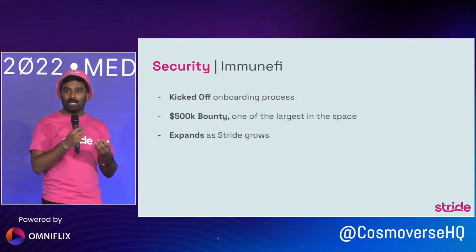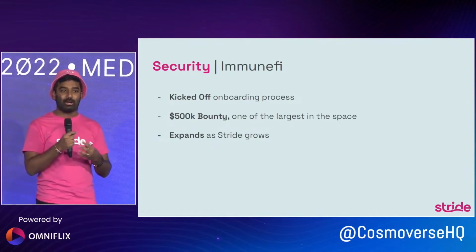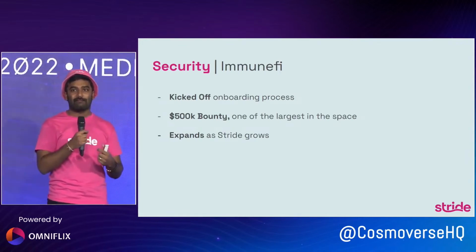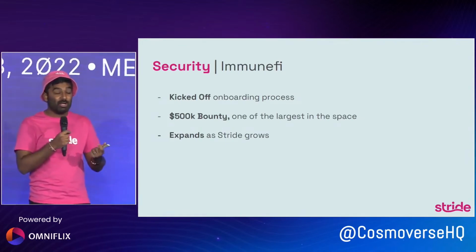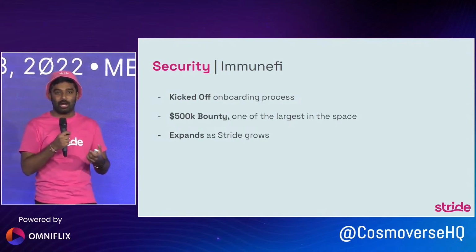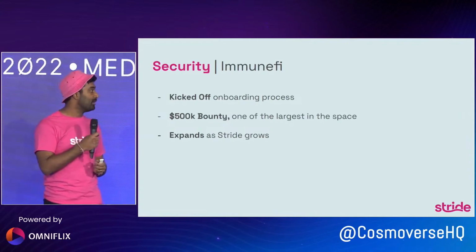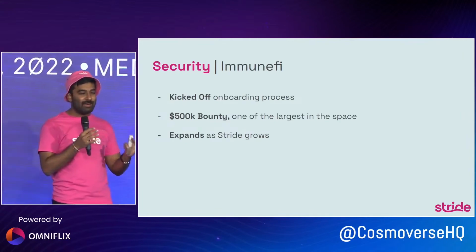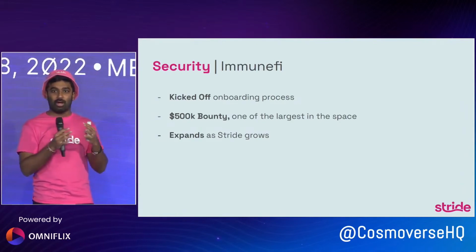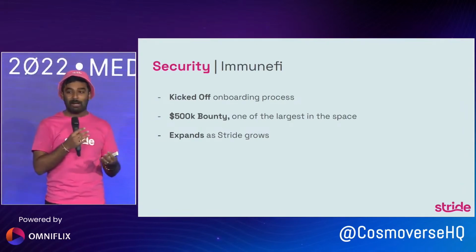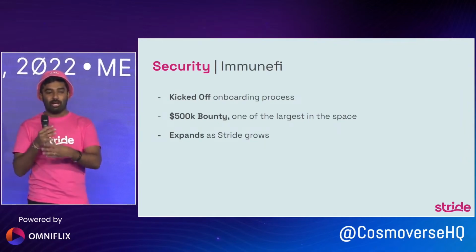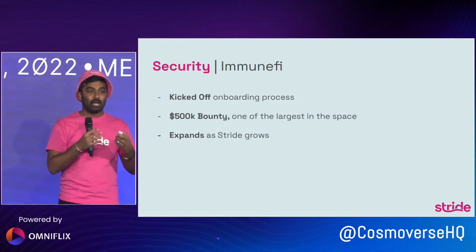As a quick reminder, Immunefi is the leading bug bounty platform all throughout crypto and has thousands of security researchers on it actively looking for bugs on any of the chains. So we welcome all of you to take a look at Stride's codebase and try to find any bugs so we can collectively help make Stride the most secure chain in all of Cosmos. But I want you to keep in mind, this $500,000 bug bounty doesn't just stop there. As Stride grows and the total value unlocked on Stride continues to grow, this bug bounty is going to grow as well. The idea being, as Stride gets more and more total value unlocked, the value of fixing any bugs also keeps going up.